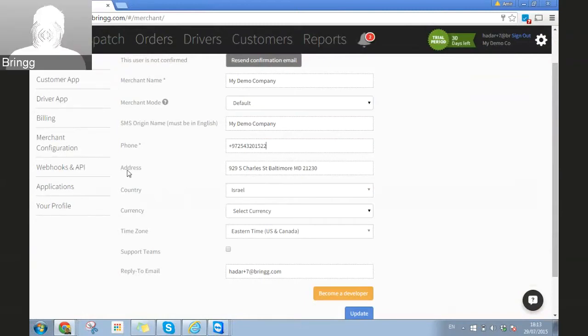Next, I'm going to address. So on address, it's very, very important to add your full address, not just street name, not just city, not just country. And the reason is that the map that we saw before and that we'll see again on the dispatch tab is centralized around this